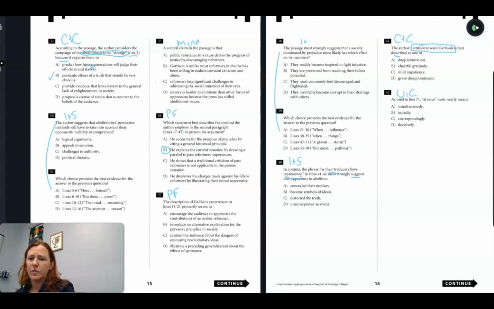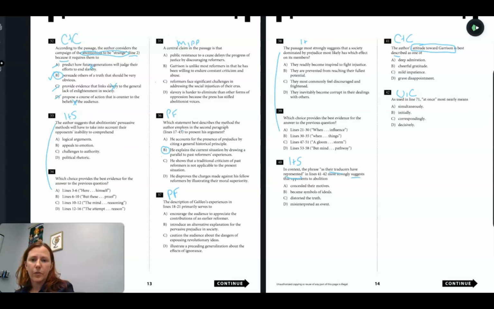There's no discussion of specifically slavery in this situation. So this is kind of going beyond the scope of the question or the line. And then there is no clear indication of the audience's beliefs. So this is just, it should be obvious that a man is in charge of himself.